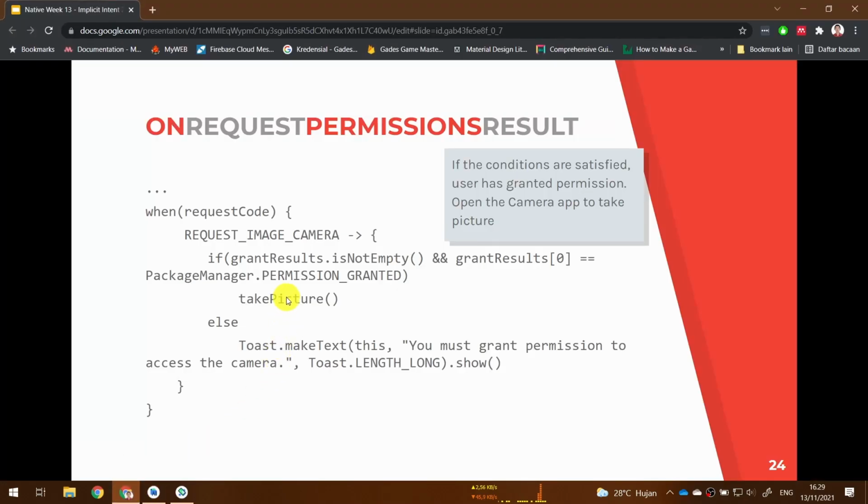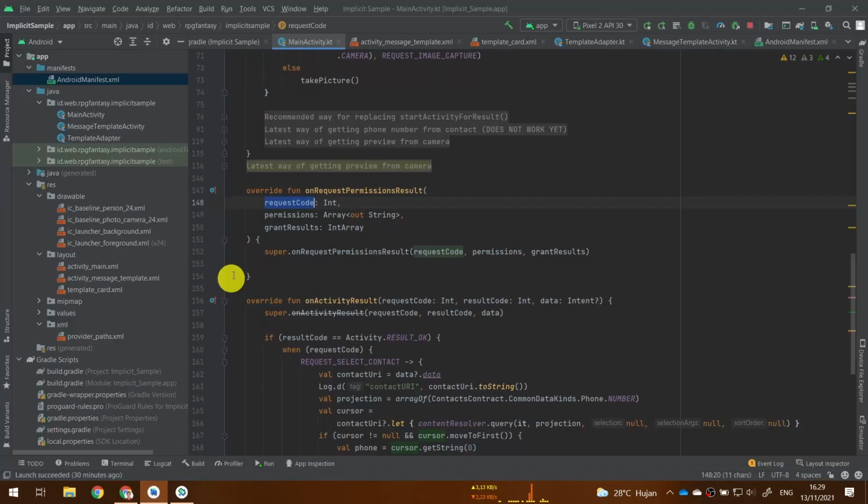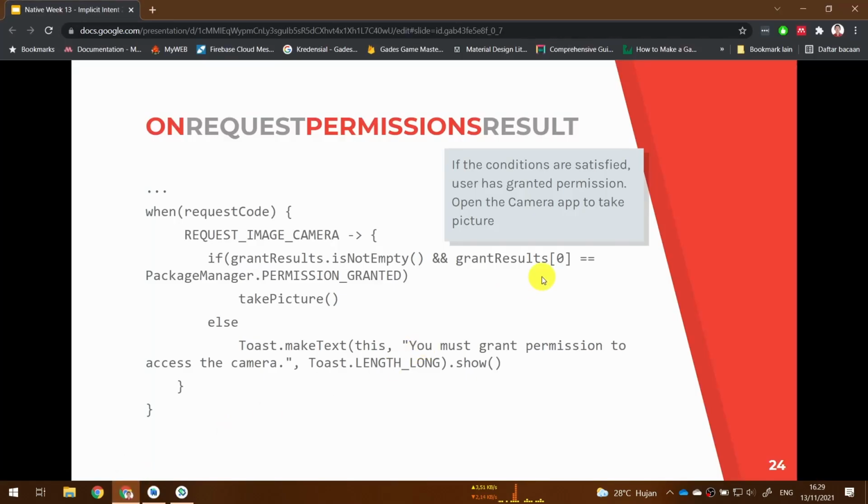And then we can check the granted result in this parameter, grant results. If the content of the grant results array is not empty and the first result is permission granted, then we are safe to call the take picture function.